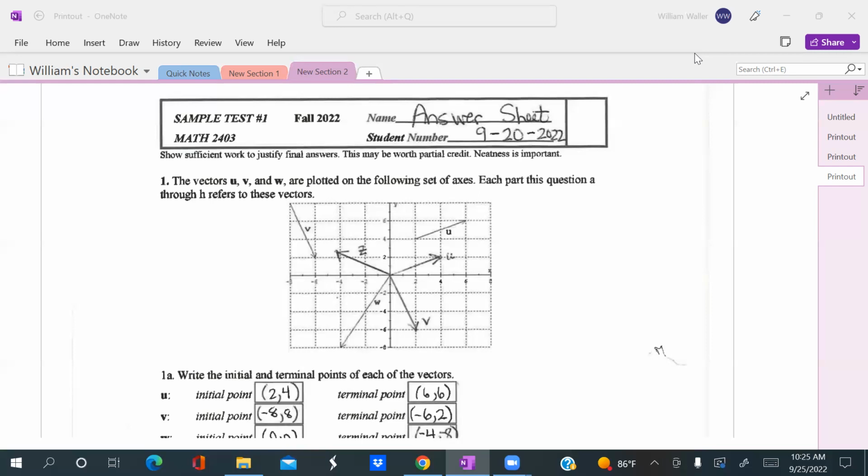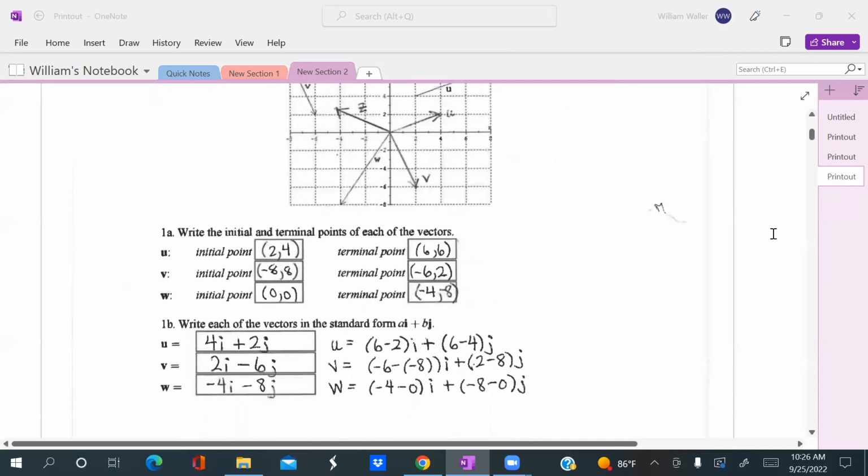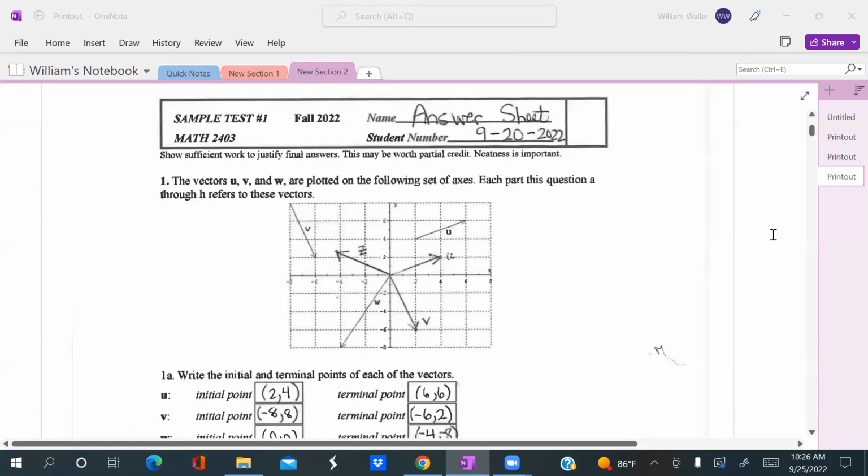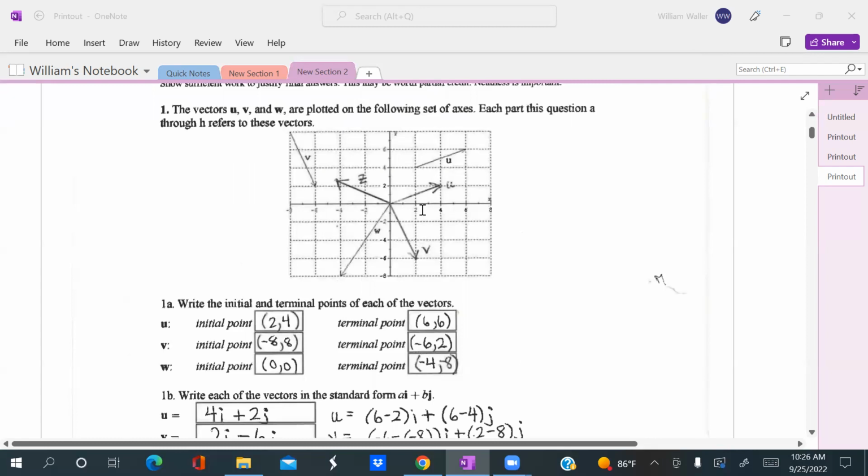Okay, so let's start here by looking at some of the parts of problem one. This is a very basic problem where we're just covering the definitions of vectors in two dimensions and some of the operations with vectors in two dimensions. So make sure, of course, that you're familiar with these very basic questions about vectors in both 2 and 3 dimensions, including making sure that you can plot vectors, that you can draw the graphs of vectors,